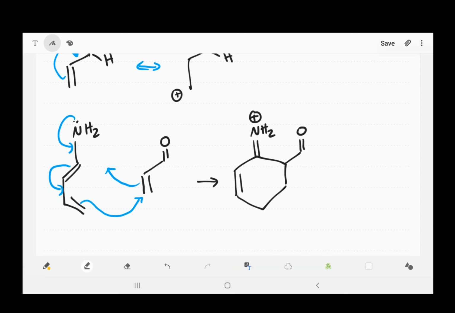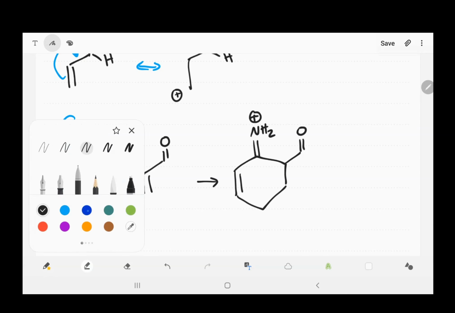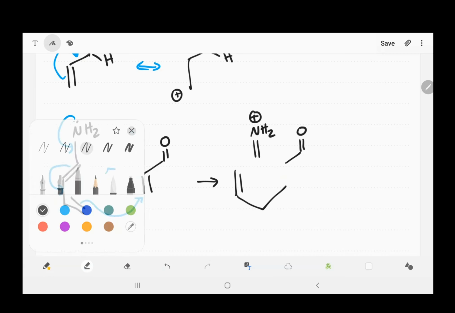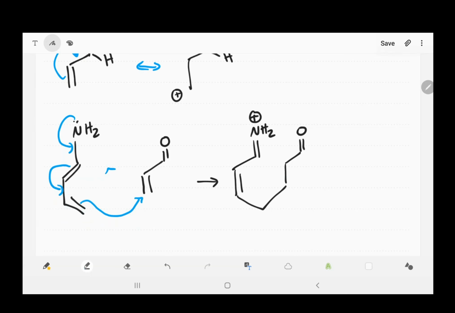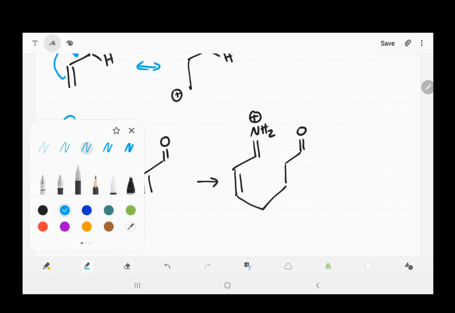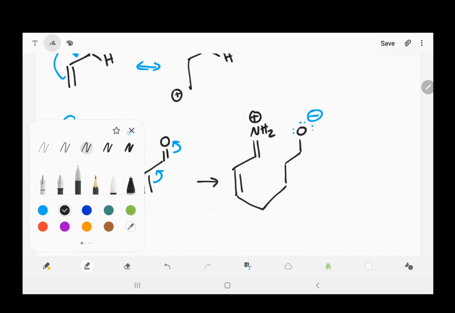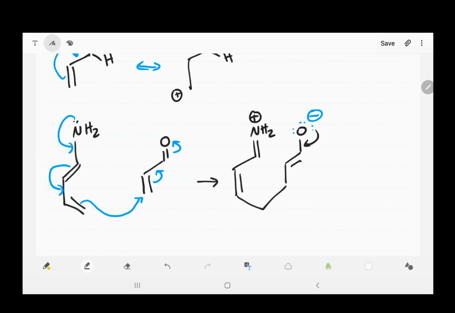But as a result, because if you see here, we're putting too many things onto this, we really have to do this in 2 steps for the resonance to make sense. So let me do it that way. If we do it fully resonance style, then this is going to end up being our negative bit here. And we're going to say, aha, well, this is just going to come down. This part's going to form the double bond. We're going to kick those back up. And so if you want to think about it in terms of resonance, this is what it's going to look like. So just pushing electrons